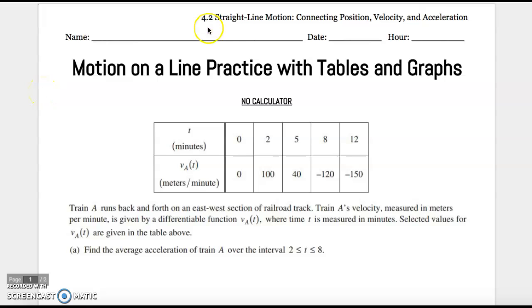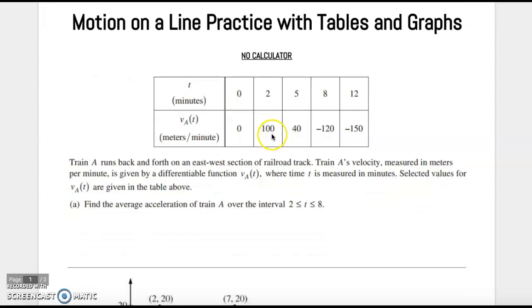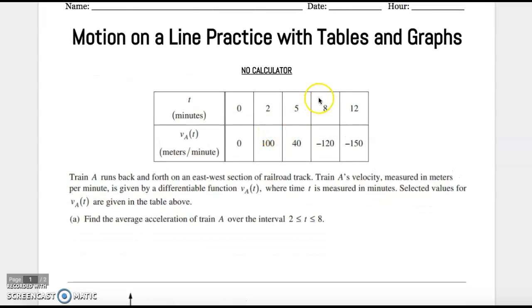All right, in this document, we're going to be looking at position, velocity, and acceleration. But in these prompts, very often on free response questions you can be given not necessarily functions, but just information presented to you in tables and graphs. So it's not always as simple as just finding the derivative of a function and plugging in numbers. And so I just wanted to expose you to that a little bit and do a little bit